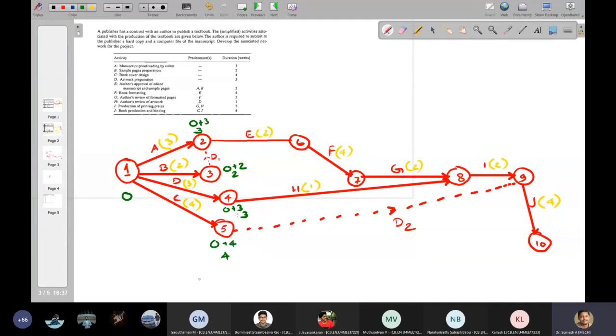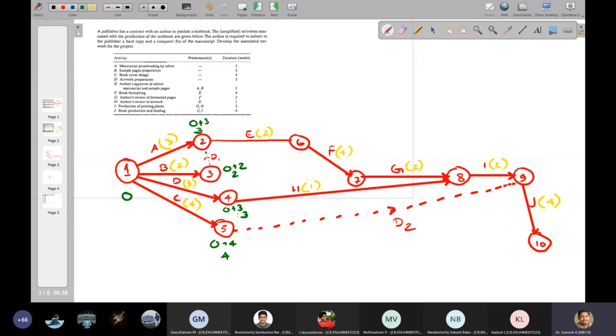Now I'll move to the next activity. You can see over here at node number 2, two activities are merging to start activity E. You have to be careful over here when you are connecting like this. The node 2 will have the larger value between these two. If this is supposed to be 4, then here you have to write 4. That is, job E can start only after the 4th week.